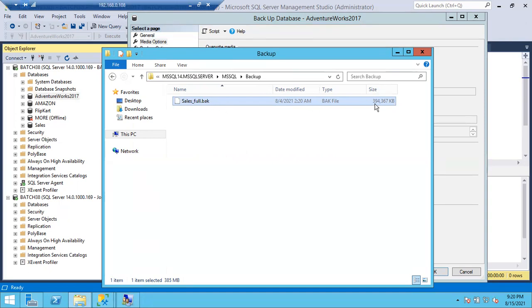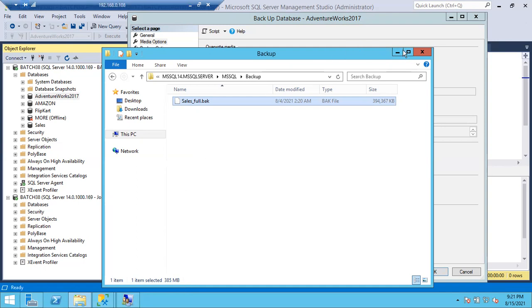So now what is the file size? 385 MB, right? Next time if you give the same file name, the file size would be doubled: 385 plus 385, which is 770. The next file size would be 770 MB. Again, if you give the same name, one more 385 will be added. However many times you execute the same query, it won't throw any error. Simply, the backup will be appended to the existing backup set. Clear, guys? Any issues, any doubts? Is it clear?